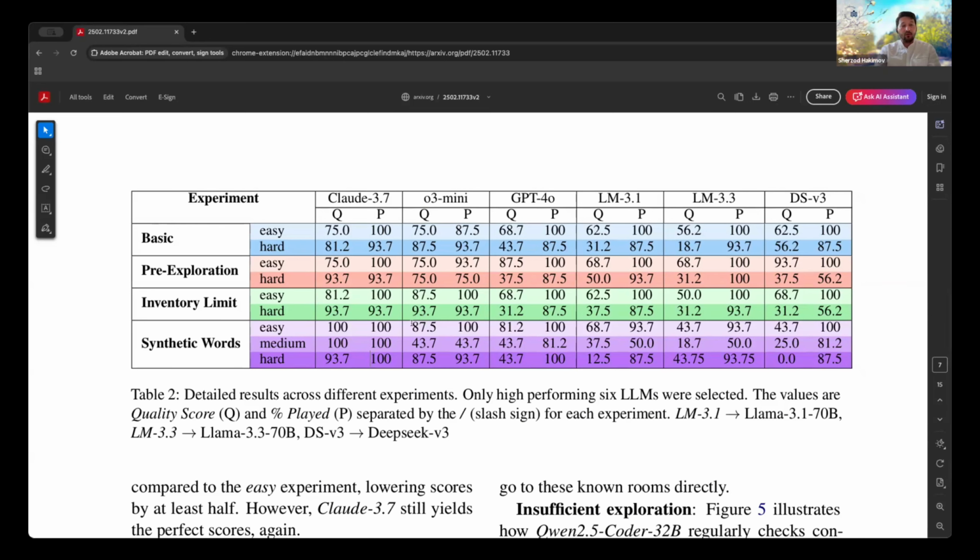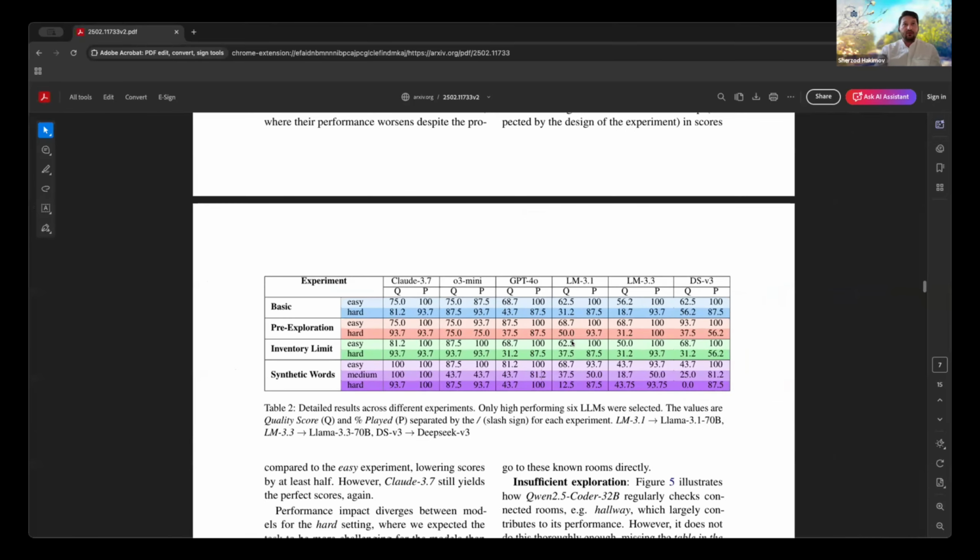And when we look at OpenAI, one of the best models, we see that there's definitely a huge difference between Claude's performance and the O3 Mini, and the same holds for GPT-4o. So the point here is that we wanted to measure the situatedness, action prediction, and incremental learning abilities of these models, and that's what we did.